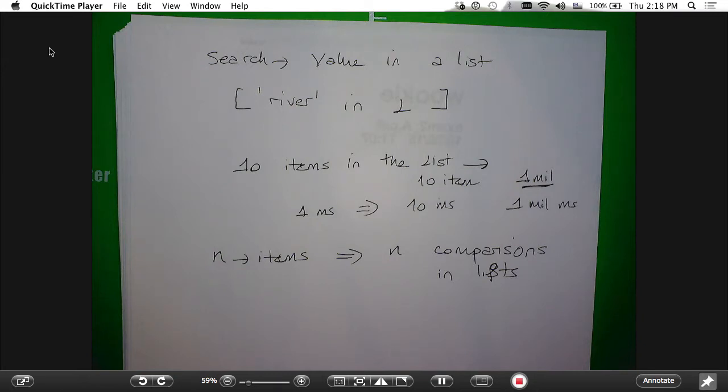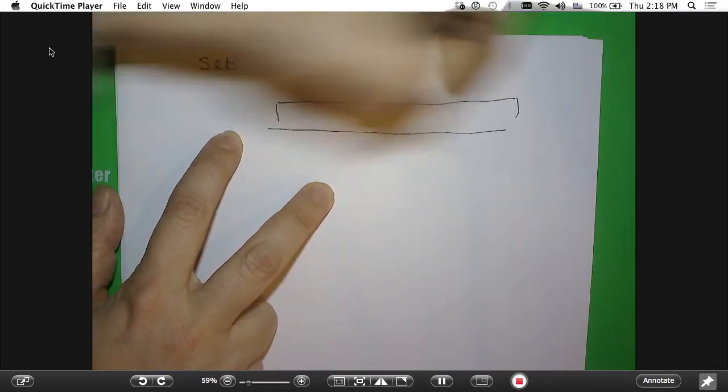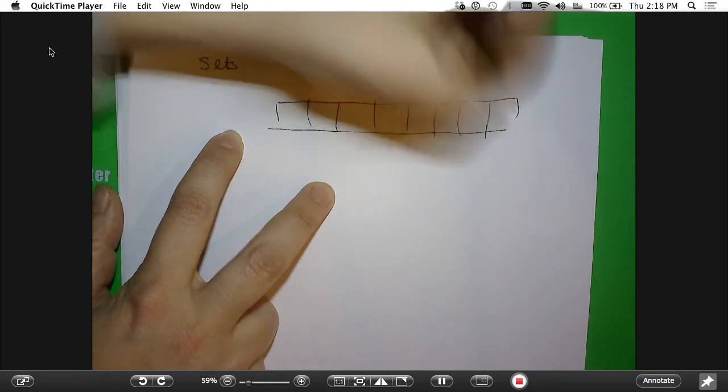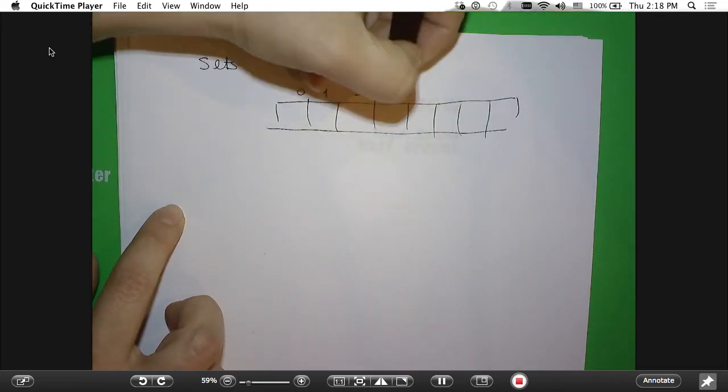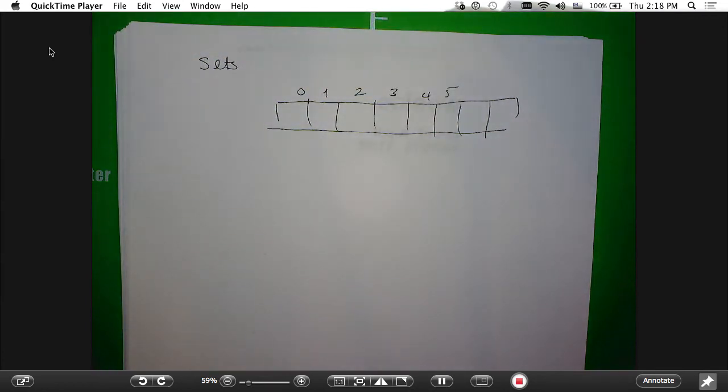Instead of storing things at 0, 1, 2, and 3, I'm actually going to have a slightly different method for storing them. So I am going to take whatever I'm going to store in list, but I'm going to store them in a new data structure, which we call sets. So in sets, I'm going to do something slightly different. I still have location 0, 1, 2, 3, 4. But I'm not going to just store these values anywhere. I'm going to take, for example,